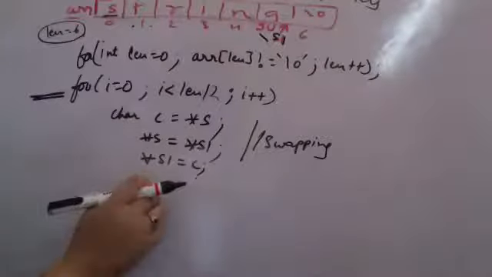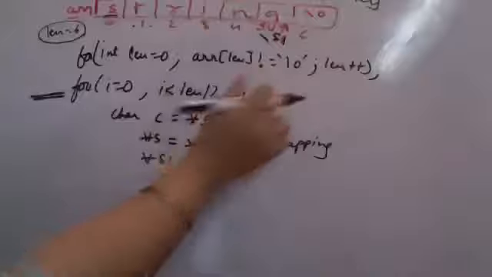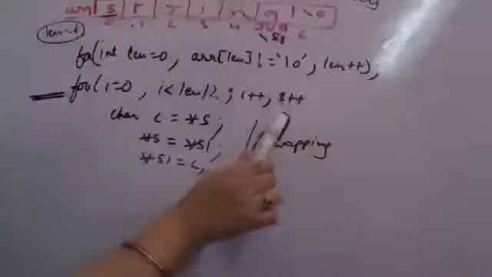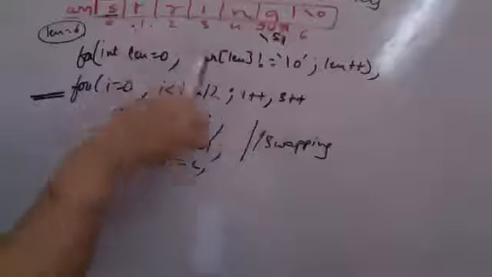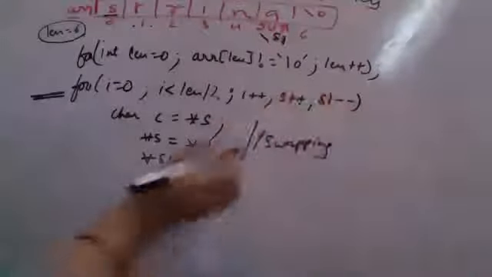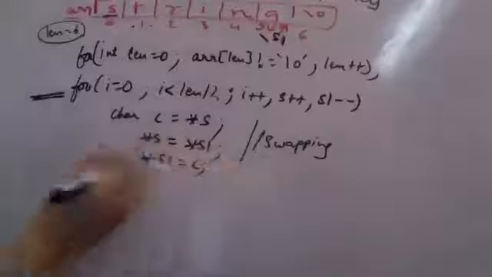The loop iteration has not happened yet. Now here, for iteration, I add 2 more conditions. I do s plus plus. It is pointer arithmetic. It will move to the next location in the array. And I am doing s1 minus minus. So how this will run, we just see.